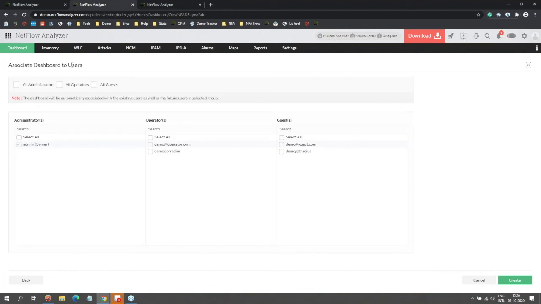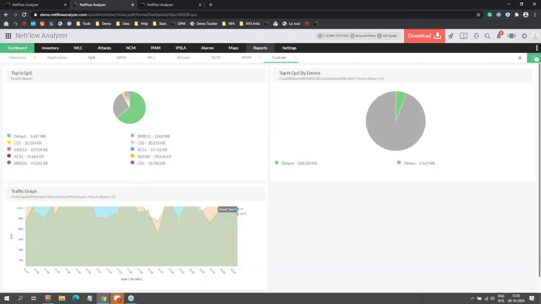This is where we talk about the different users that we have with our product. We have three types. Administrator, who is the one read and write user. He can access everything within the tool. Then there are operators, with selective access for each of the users. They get complete control for the scopes that you create. And guest, with only read access. Once you create them, you will see them here under the custom dashboard.